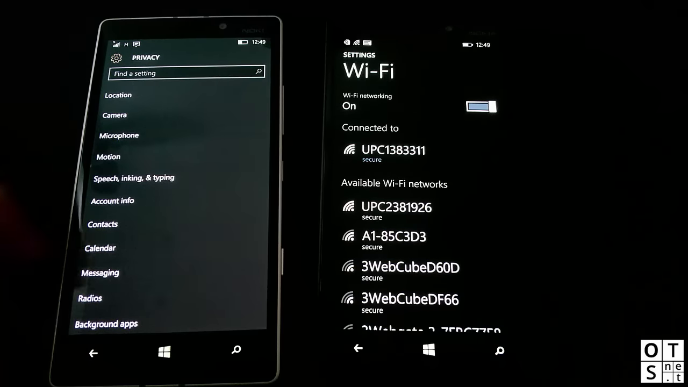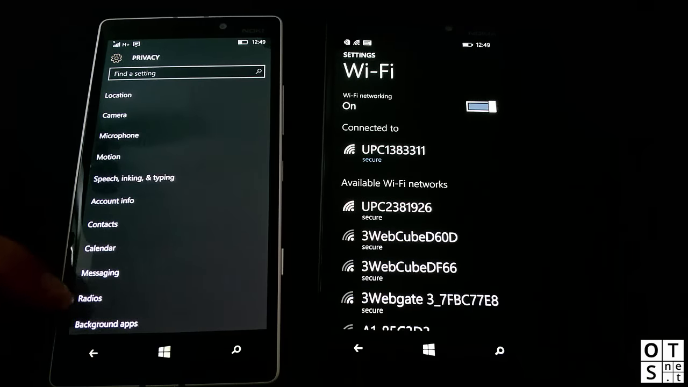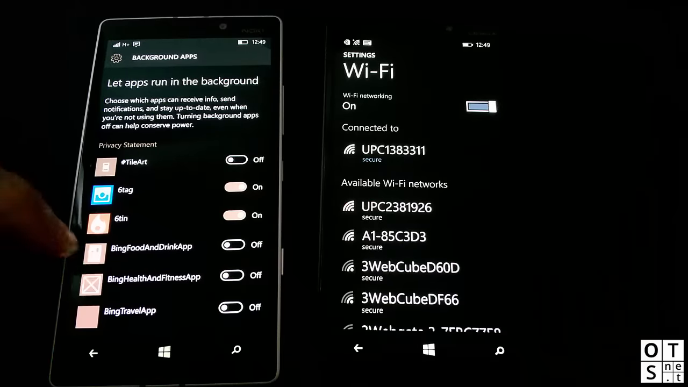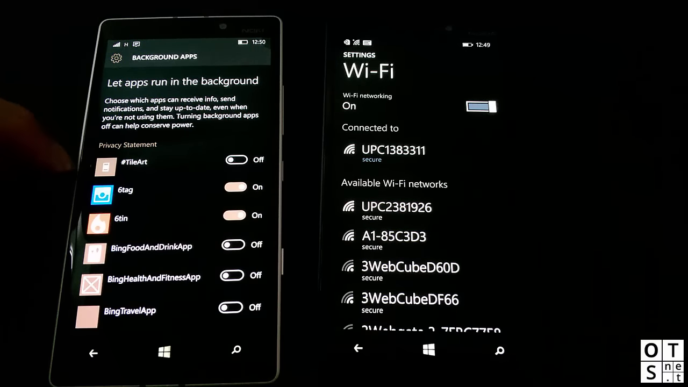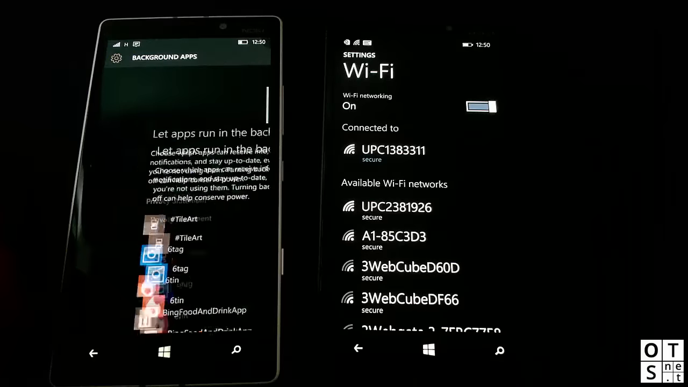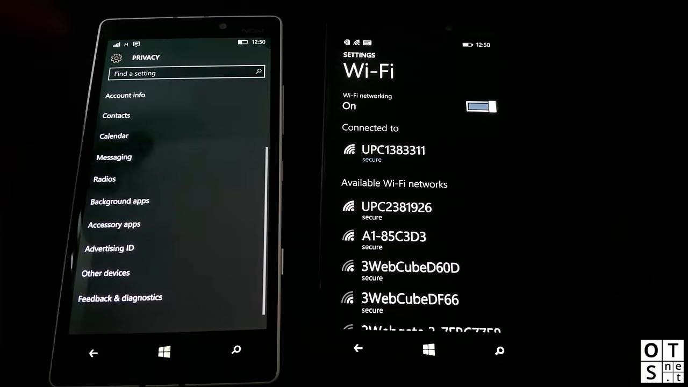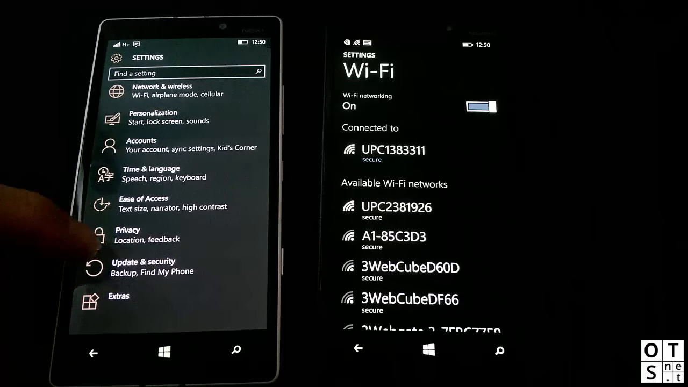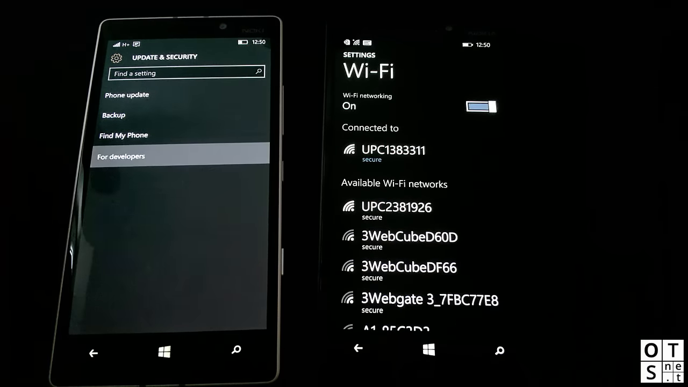Advertising ID, I've turned it off completely. Background apps, you can see all your apps here which are allowed to run in the background, and you can simply turn them off or on. And in battery saver you can set if an app is allowed to run even if battery saver is turned on or not. Update and security for developers is now here,